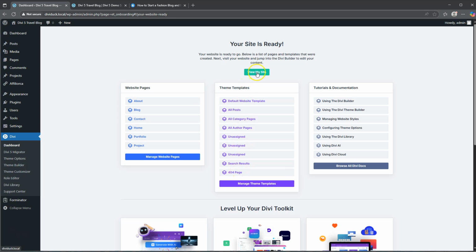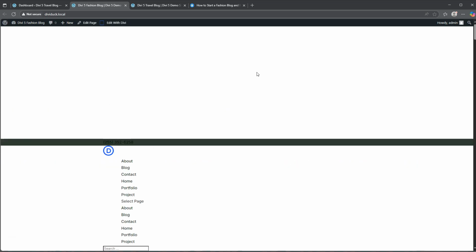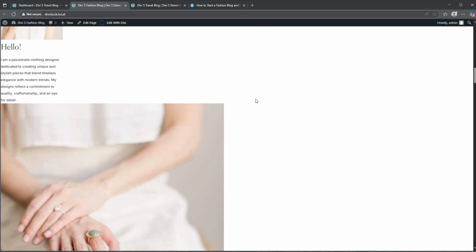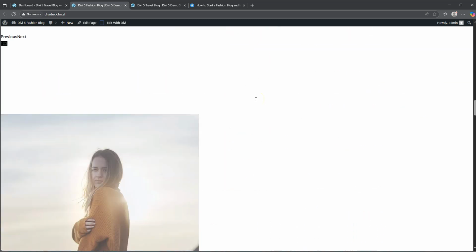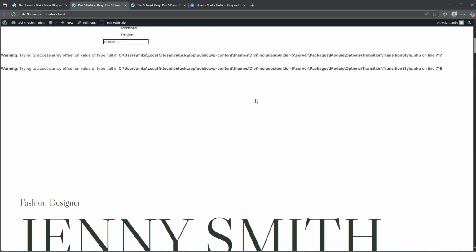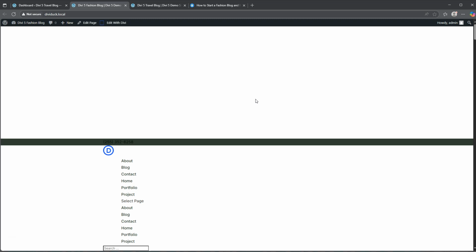Alright, so you can go and you can click view my site, and you will get a shock. Alright, this does not look anything like the thing I saw earlier that I selected I want my site to be. Now, my theory on this is that when you first set it up like this, your CSS styles are not loading correctly. Now, to overcome that, all you need to do is just go edit with Divi,